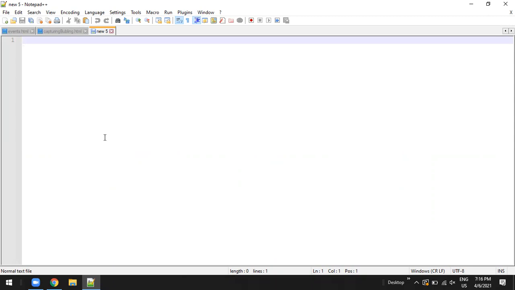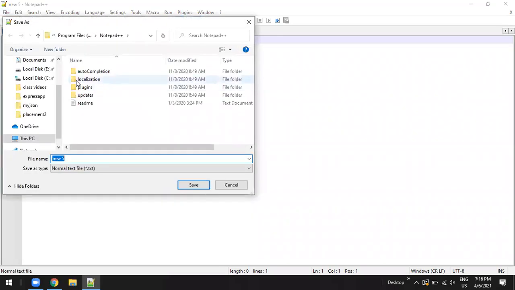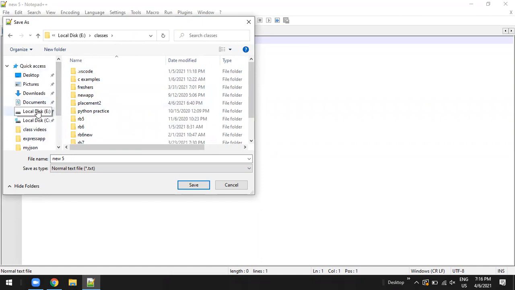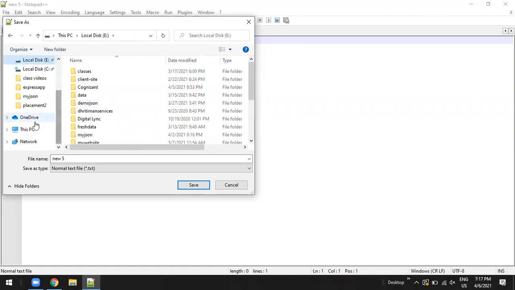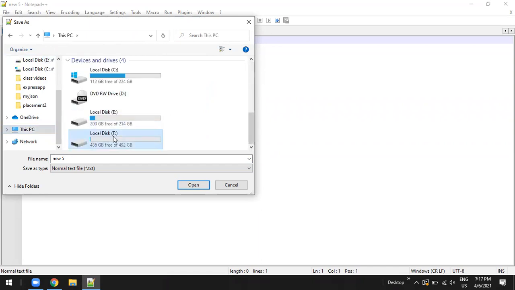Then you want to write HTML programs, right? You want to develop web pages, right? So you have to save your file: File, Save As. Click on Save As and select a folder in your computer, somewhere in the E drive or something like that. Okay, I'll save it in the F drive.